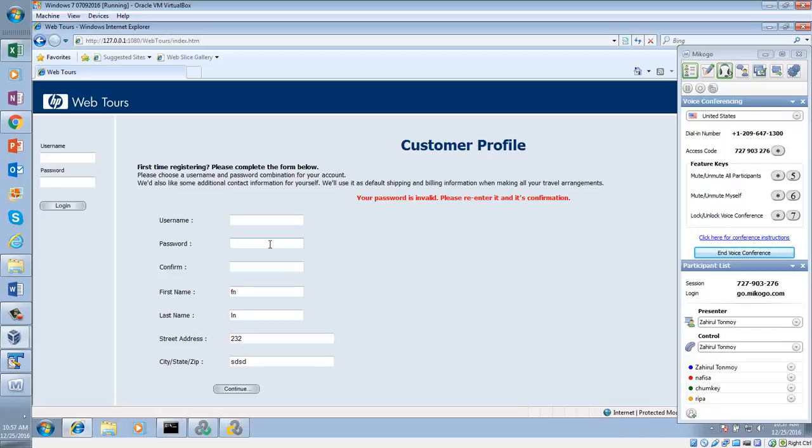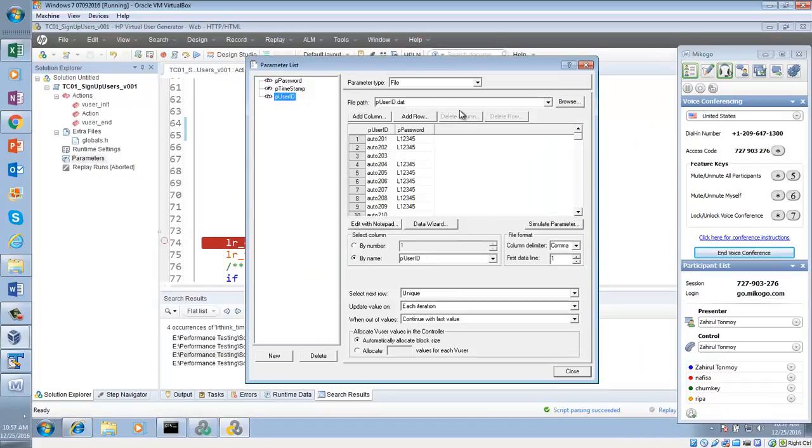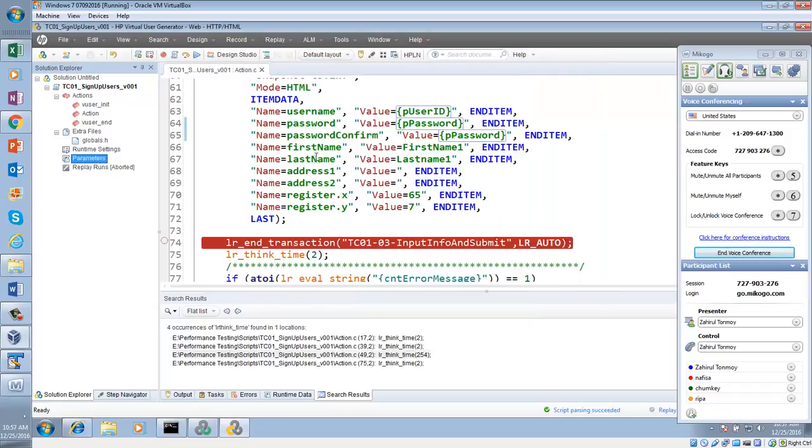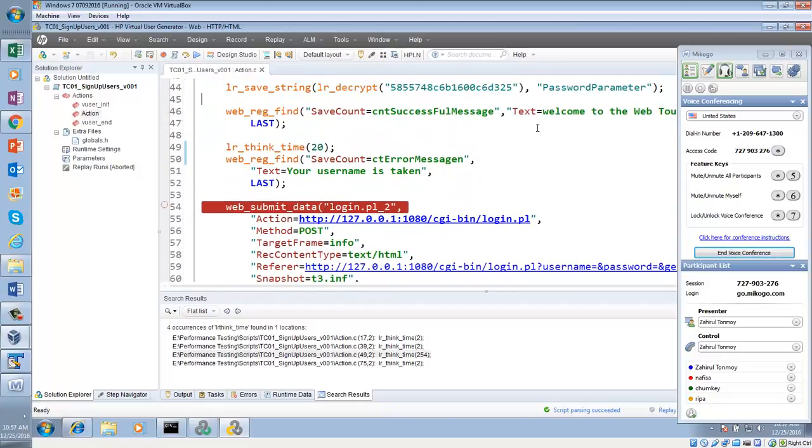Now in our existing script, if I get a welcome message, then my registration is successful. If I get an error message, my registration is unsuccessful. But still both of these we have caught and our script will not fail here, right?